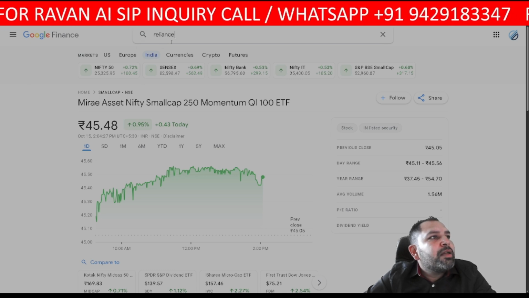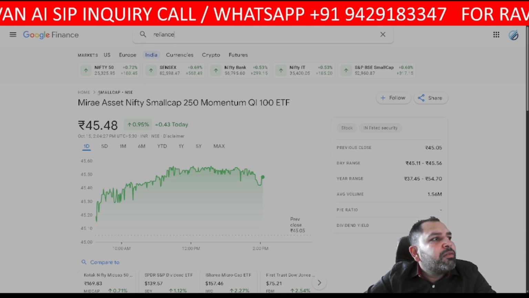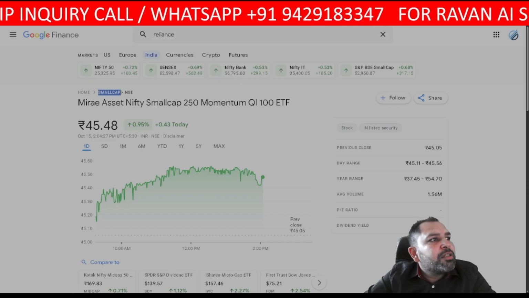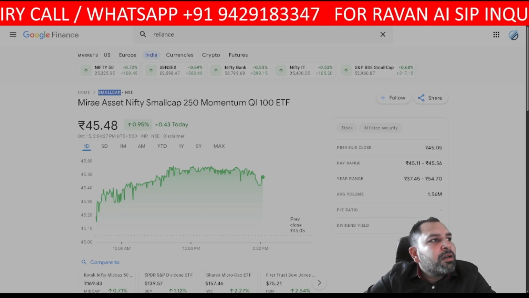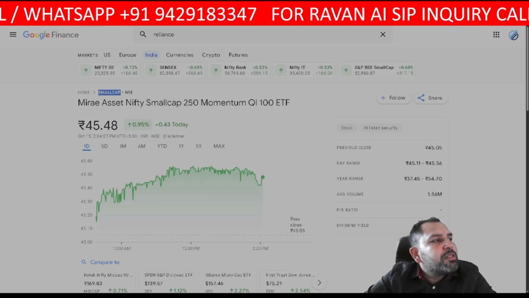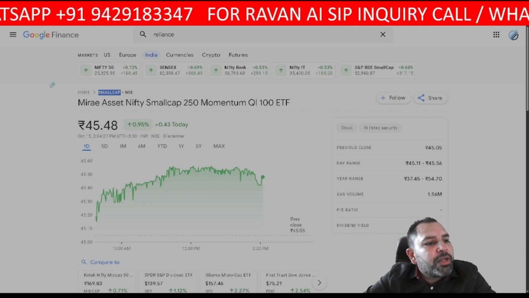Once you add Reliance over here in the search bar, my net is actually slow, the ticker here you can see is one small cap ETF ticker. This is the ticker name that you can add for the ETF.